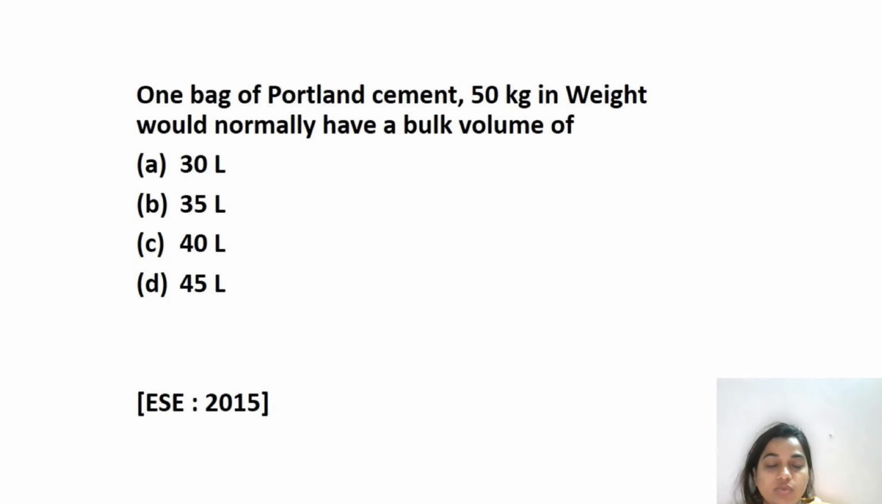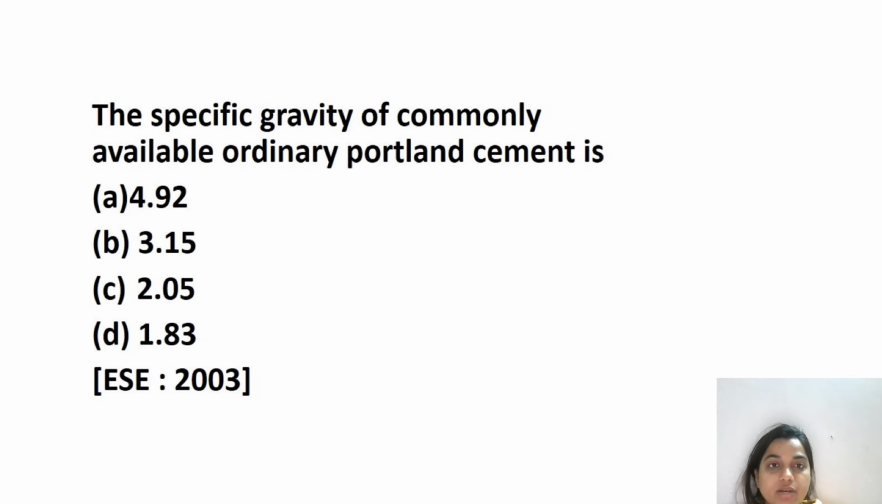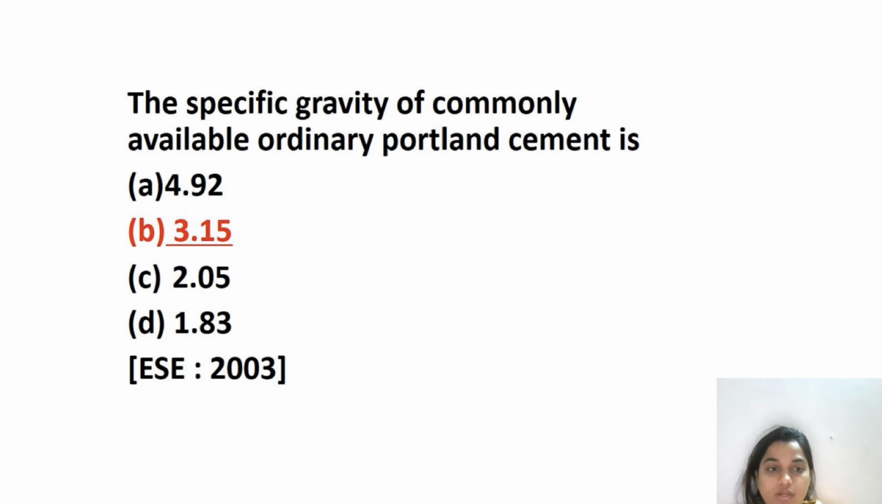Next is a question for some general knowledge about cement. One bag of Portland cement is 50 kg and has a bulk volume of 35 liters, which is the correct answer. That was also asked in ESE 2015. Now next: what is the specific gravity of ordinary Portland cement? It is 3.15, as per the IS code. And it is also asked in